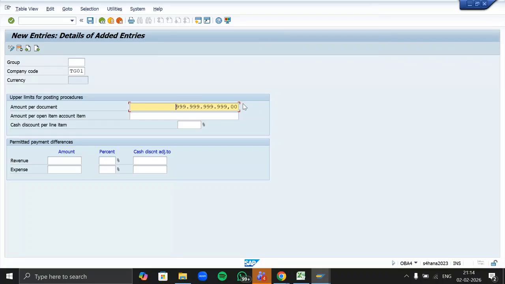Now this transaction is up to 11 lakh, so I just park that entry. Now another person who has a